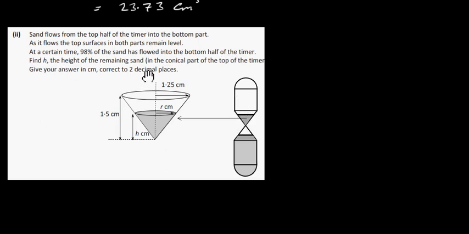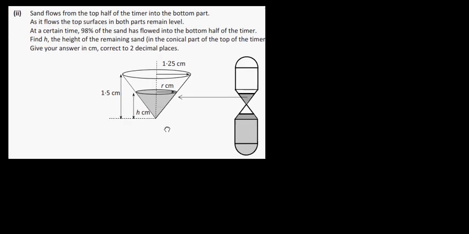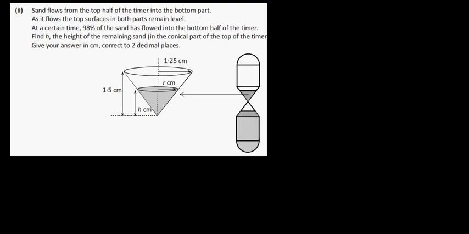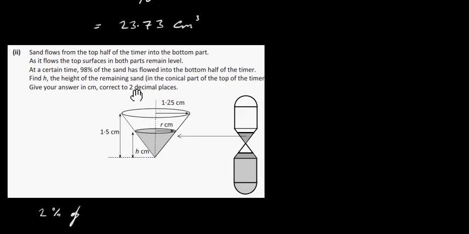Find h, the height of the remaining sand in the conical part of the top of the timer. Give your answer in centimeters correct to 2 decimal places. So we've got to find the height of this sand here. What we've got to do here is get 2% of this volume here,